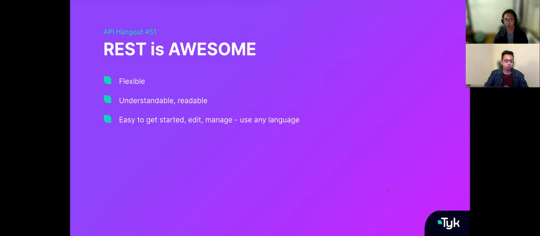Let's start off with a little bit of history. Let's talk a little bit about where we are in the world of APIs and API styles. Historically, there's been a lot of evolution of the API styles that have existed. I think REST today has become the most popular style of APIs. If I take a pulse at this point, maybe about 80 to 90% of all APIs written are being written in REST.